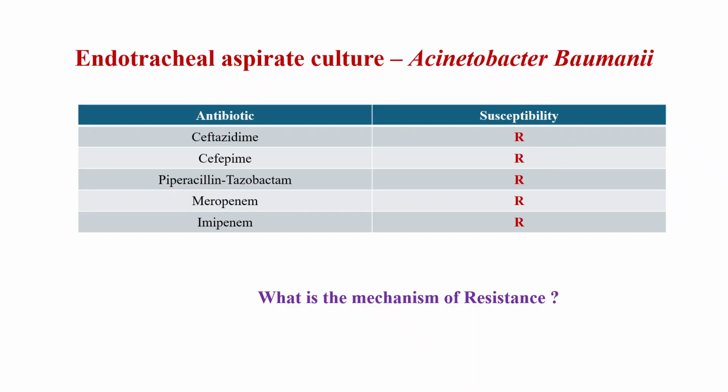What about this Acinetobacter? It looks like it is resistant to all the antibiotics. So many of the times people try to say that we have a case of pan drug resistant Pseudomonas. There is nothing called pan drug resistant. It depends upon the number of antibiotics you are really testing. So you don't have a report of colistin, polymyxin, minocycline, cefiderocol, or tetracycline here. So you cannot call it pan drug resistant. So it is basically carbapenem resistant